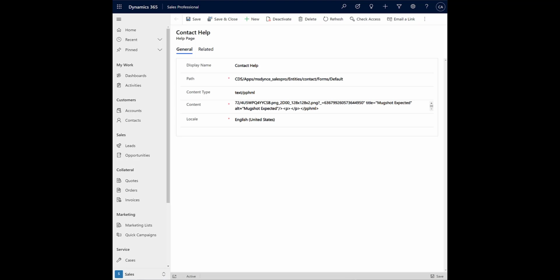As you can see on the path, MS-DYNE CE_sales pro, and then that is the name of the app, and then further it is for the contact entity. Likewise, your help pages are created for different entities.